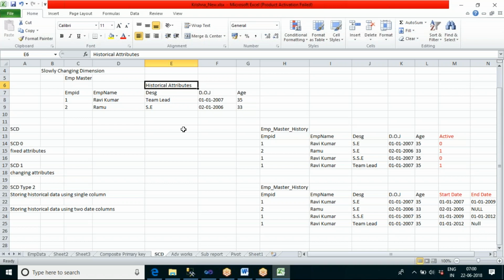Now let us say for employee ID 2, the HR team made a typo error when entering data in the employee master table.